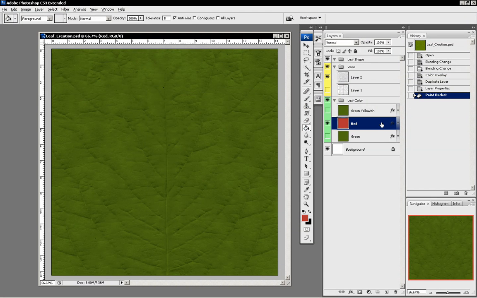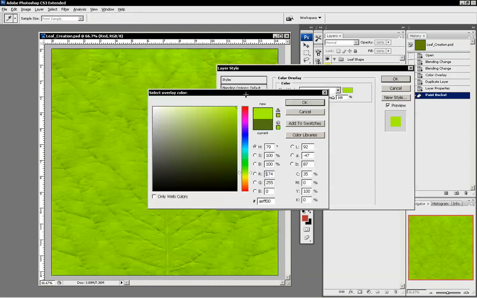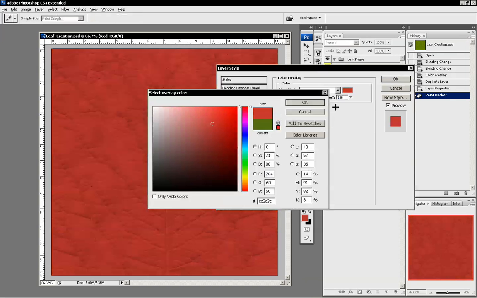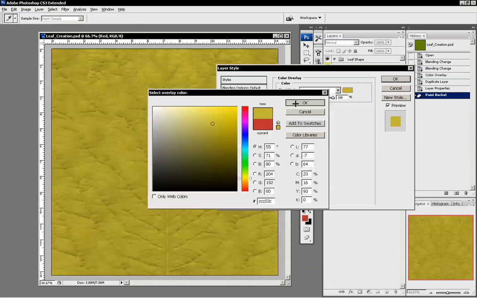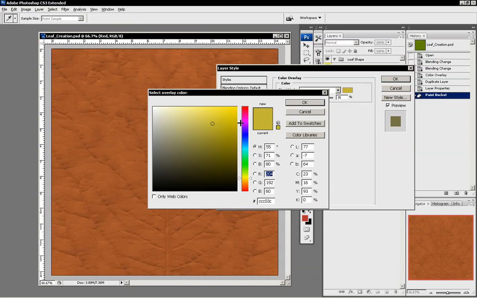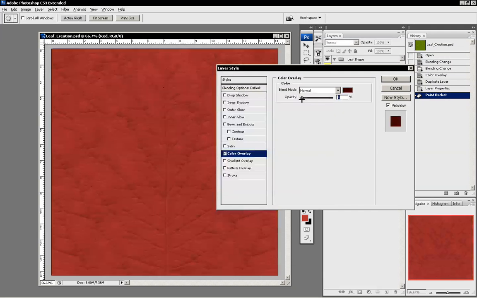And since we have a layer style on here, we could use the color overlay to change and adjust that overall look. So I could change to a different color red, and now we can adjust the opacity value to either brighten it up or make it a little darker. We could also change it to a different color if you wanted to blend a little bit more with some yellow, and then we can get more of an orange leaf. I'm going to change that back to a little more of a red. I'm going to make it darker, and then we can use that color to blend in